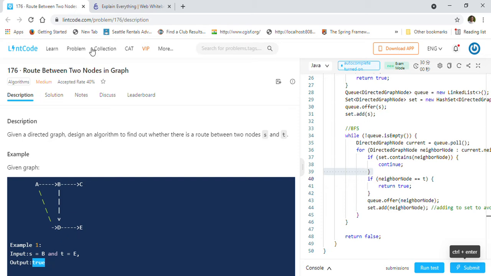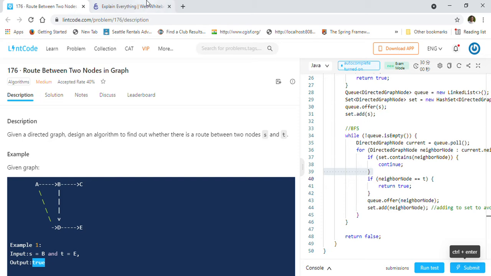This is a very popular interview question, where you will be given a graph and you have to find out the route between two nodes. They will generally ask you to write Java code on the whiteboard, or even in online sessions where they share an online coding session, give you this problem and ask you to write the code. We can easily implement this solution using a BFS approach and a Java queue.